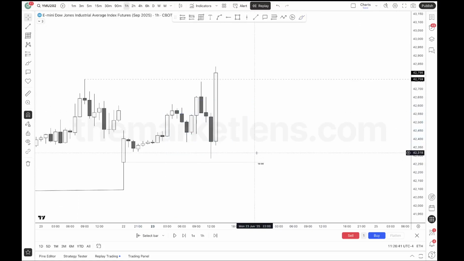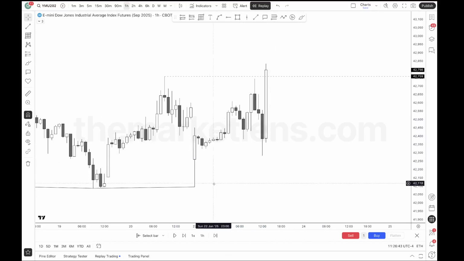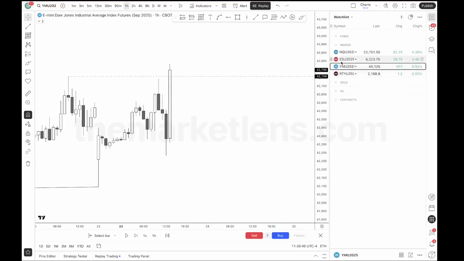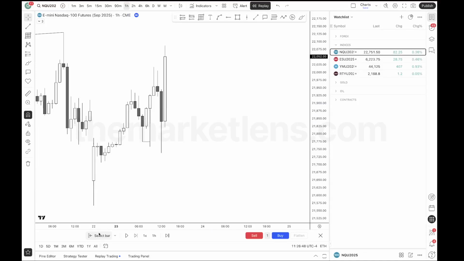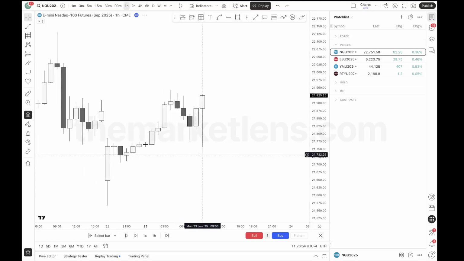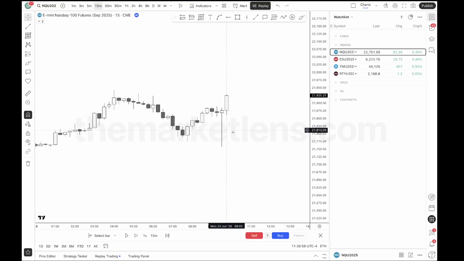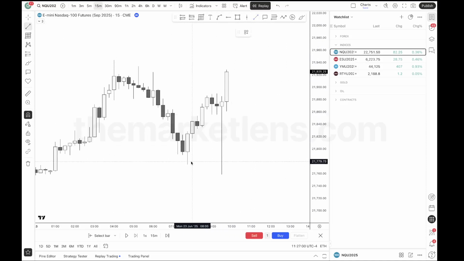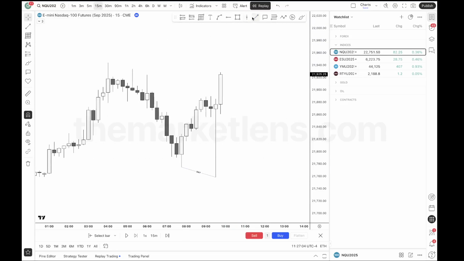But I also did take a win on NQ. So why did I take a win on NQ? Let's go look at it. All right, so we know that this asset was the lagging asset, right? Here's the SMT. Here's 9:30.